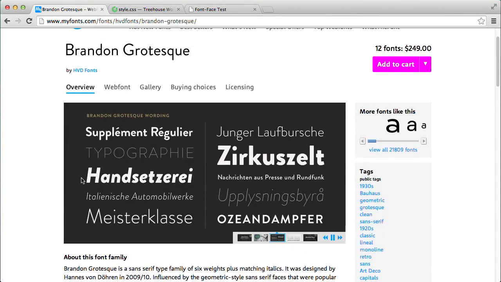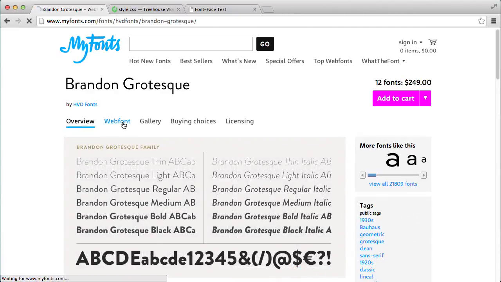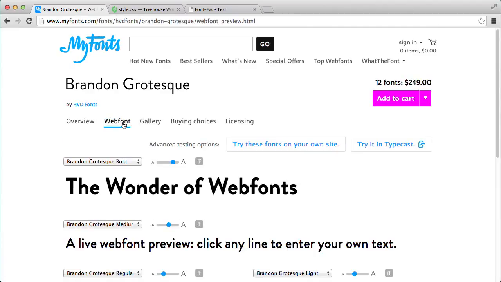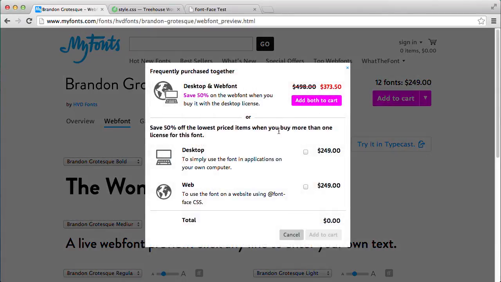It's worth noting here that you can try out these web fonts before you buy them, if you want to get a good understanding of if they're the right fit for your site. So let's say I'm sold on Brain and Grotesque and I want to get it. I'll click the Add to Cart, and here we're presented with the two different licensing options. We'd get a discount if we purchase both, but I only want the web, so I'll click that and hit